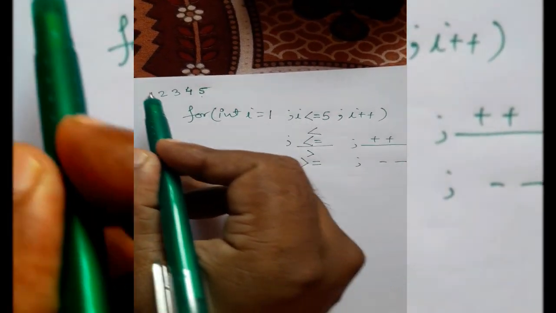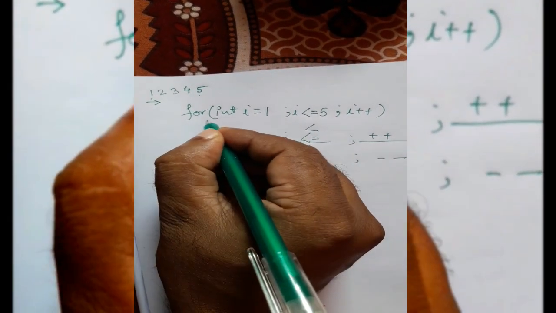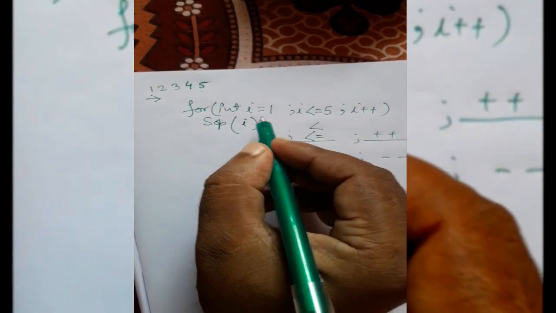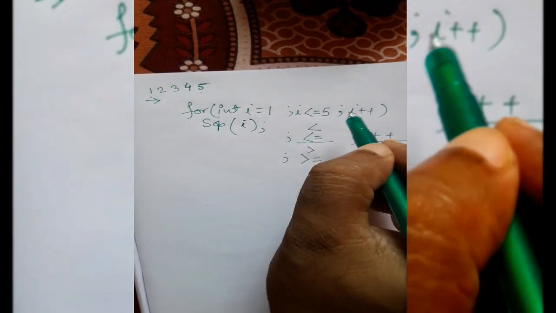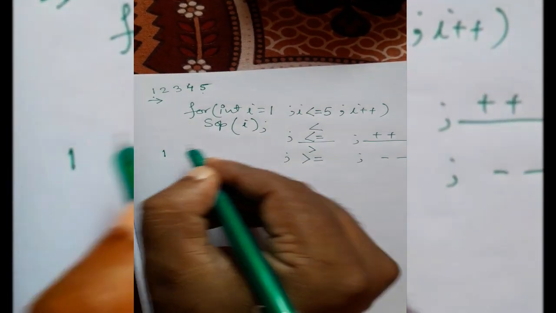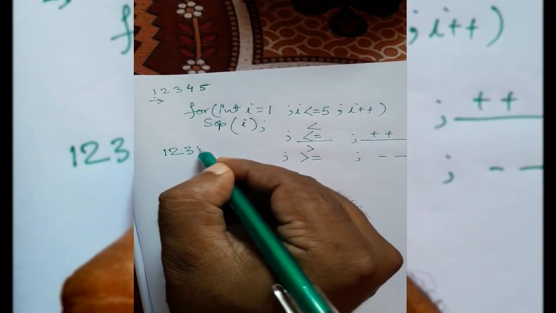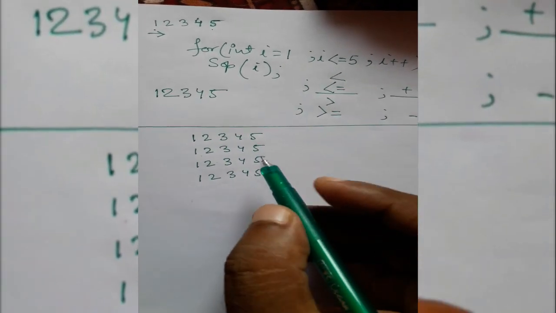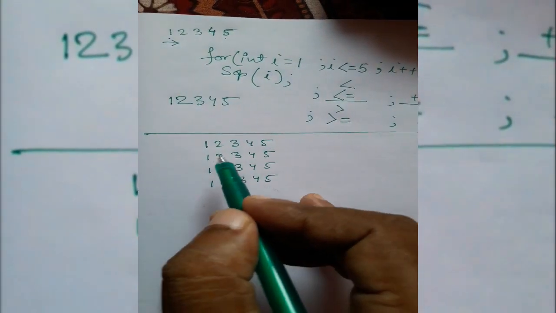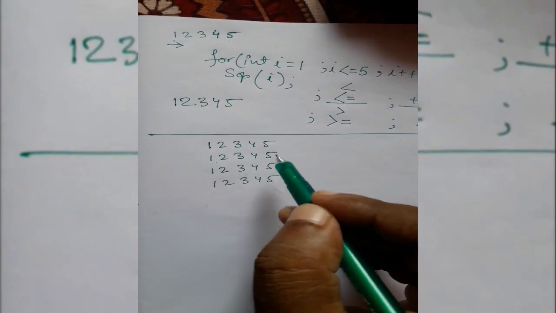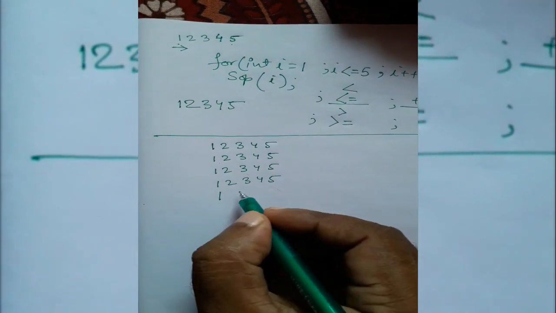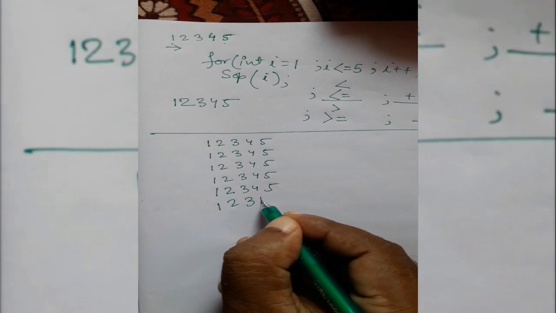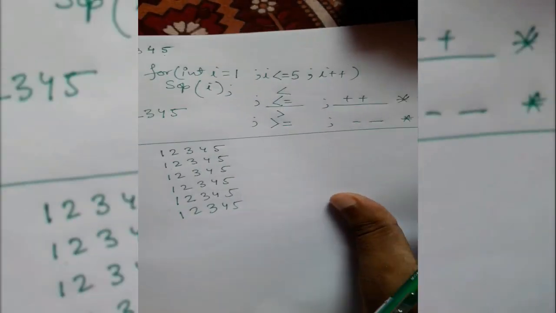So for one line you will do this, then afterwards here you will print SOP i. So what will happen? The loop will execute from 1 to 5. First time it will print 1, then 2, then 3, then 4, then 5. Is it okay? In this situation we have 1 2 3 4 5, suppose 5 times. Okay, I am taking 6 times, no problem, same thing. So how will it come?